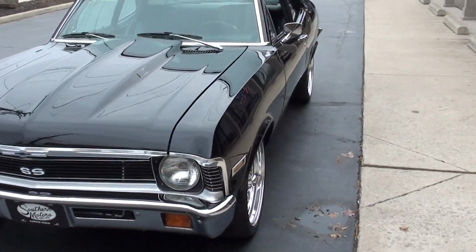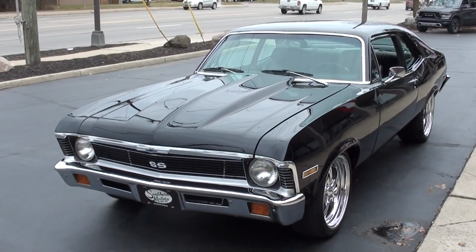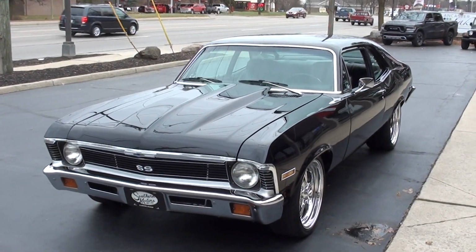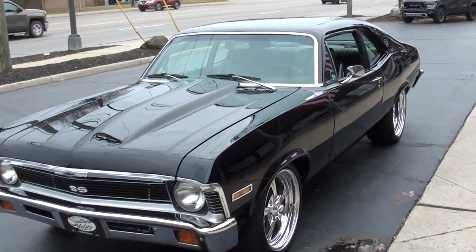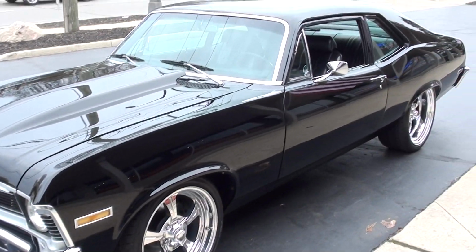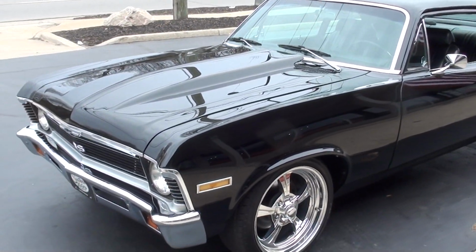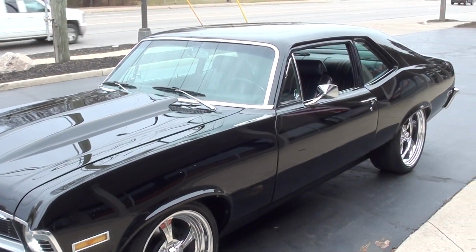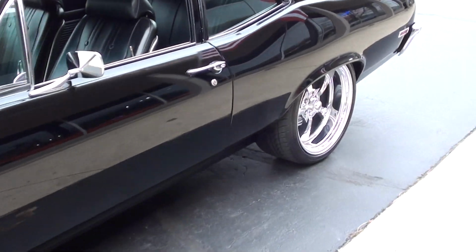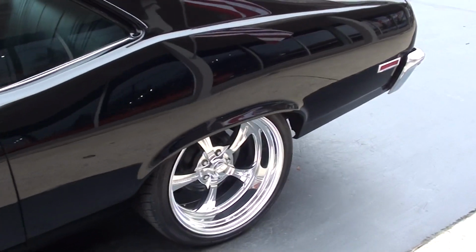Today, guys, we're going to take a look at an absolutely stunning 1972 Chevrolet Nova True SS car. There's a K in the VIN, which indicates it to be a Super Sport. Killer car, man. Retro modded up. Gorgeous tuxedo black paint with a black vinyl interior in it. Pretty car. It's got about 8,000 miles on a,